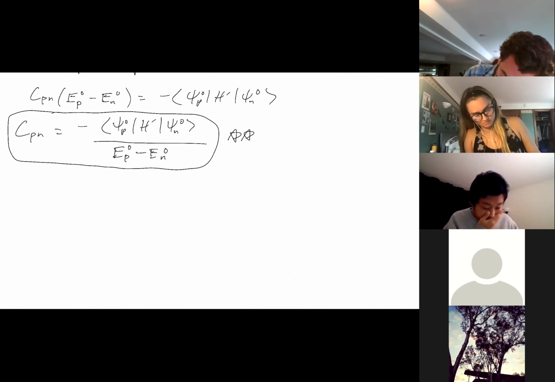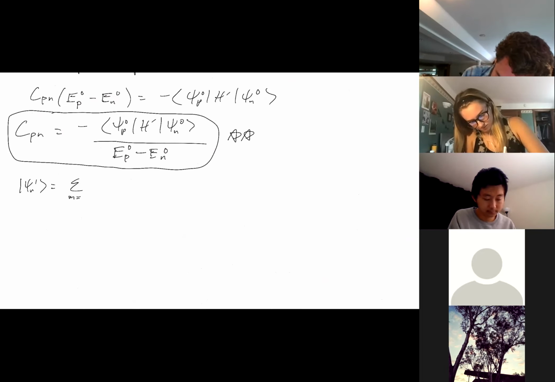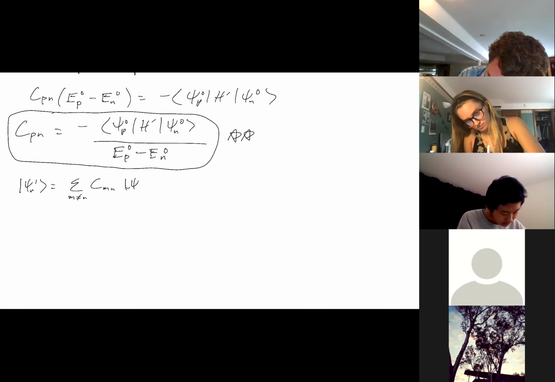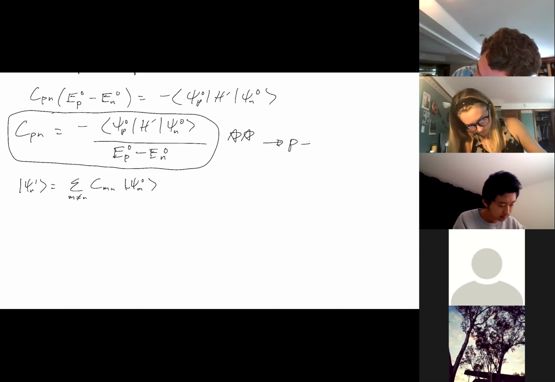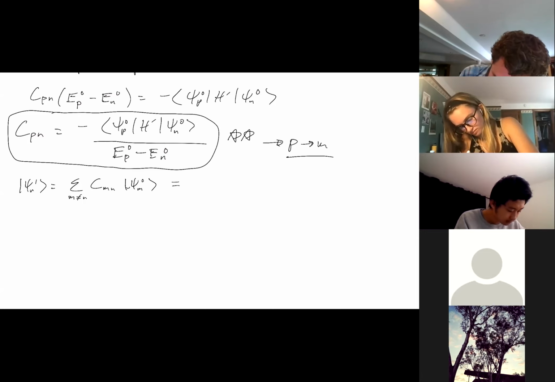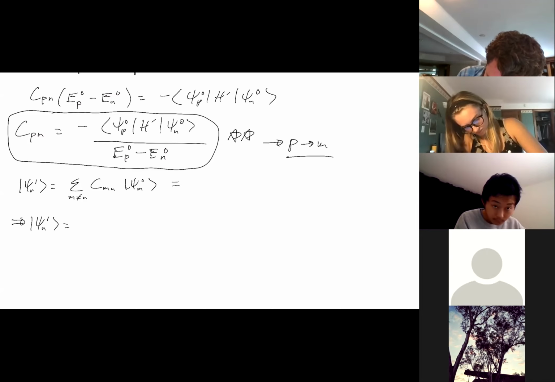Remember, we wanted psi n1 is equal to the sum m not equal to n, c m n, psi m naught. And now we have it because we have this coefficient. So let's just turn the p into an m. We can do that because it's just a dummy variable. And so then we have that psi n1 is equal to the summation m not equal to n of